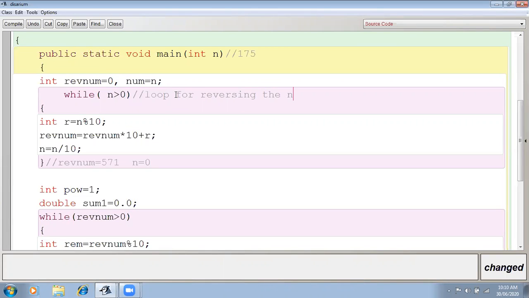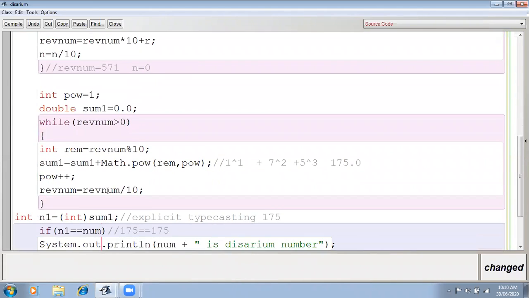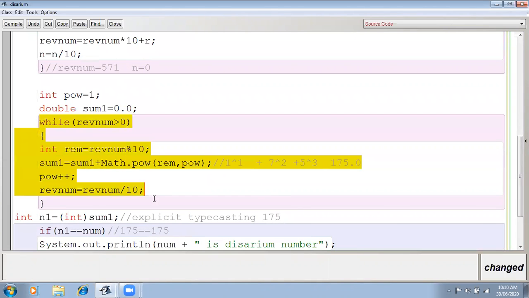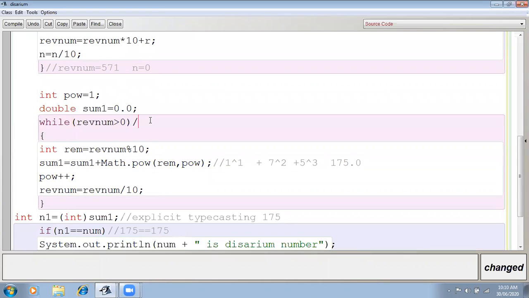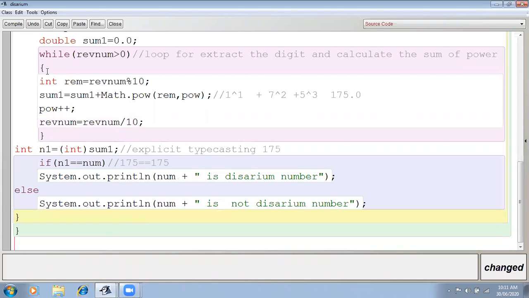Then after reversing the number, here we are extracting the digit and calculating the power, in the loop to extract the digit and calculate the sum of power. Then after that we compare both and declare whether it is a Disarium or not a Disarium number.